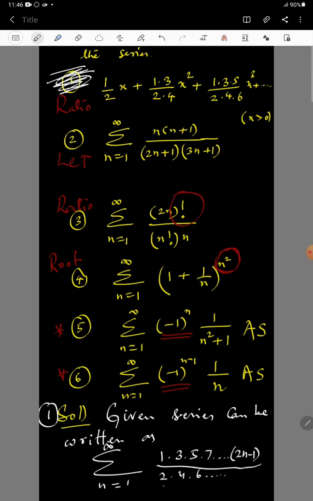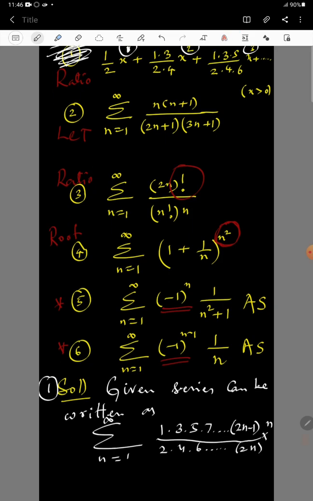It is a value 2 and d value 2, so it is going to become 2n, into x to the power of n, because for the first term it is x power 1, you can see here, and for the second term it is x power 2, then x power 3. So for n value 1 it is x power 1, for n value 2 it is x power 2, for n value 3 it is x power 3. So with this much of idea